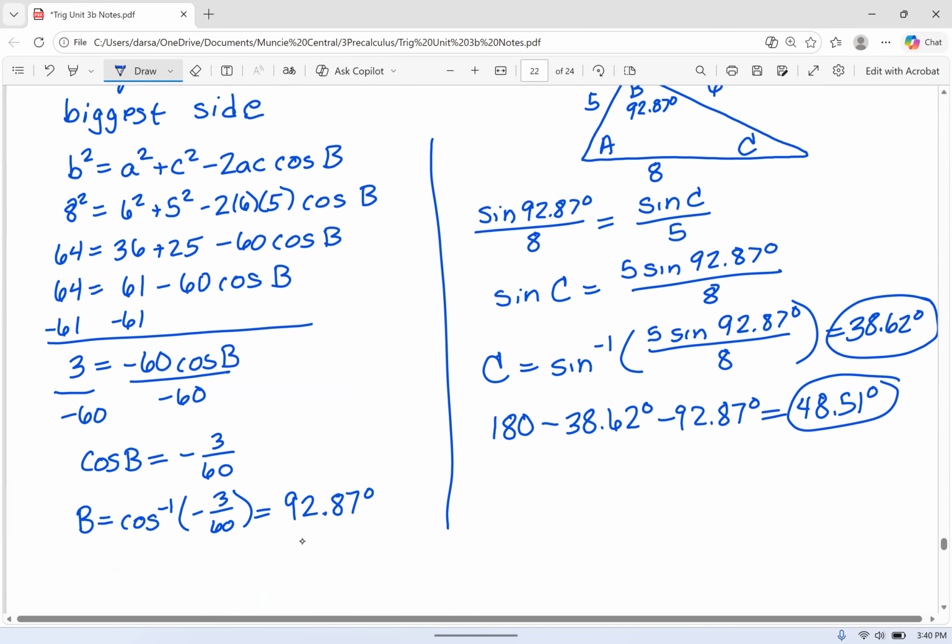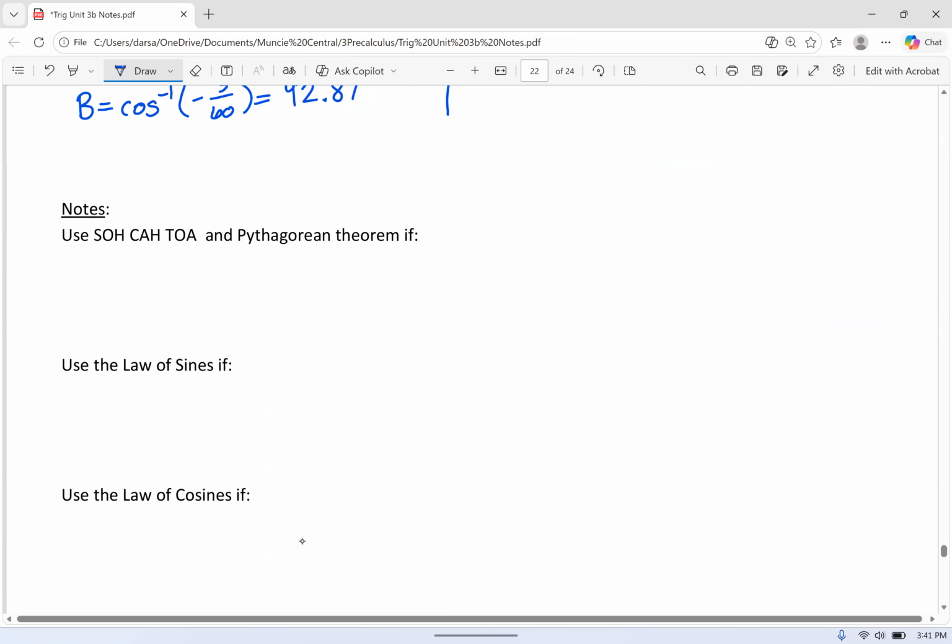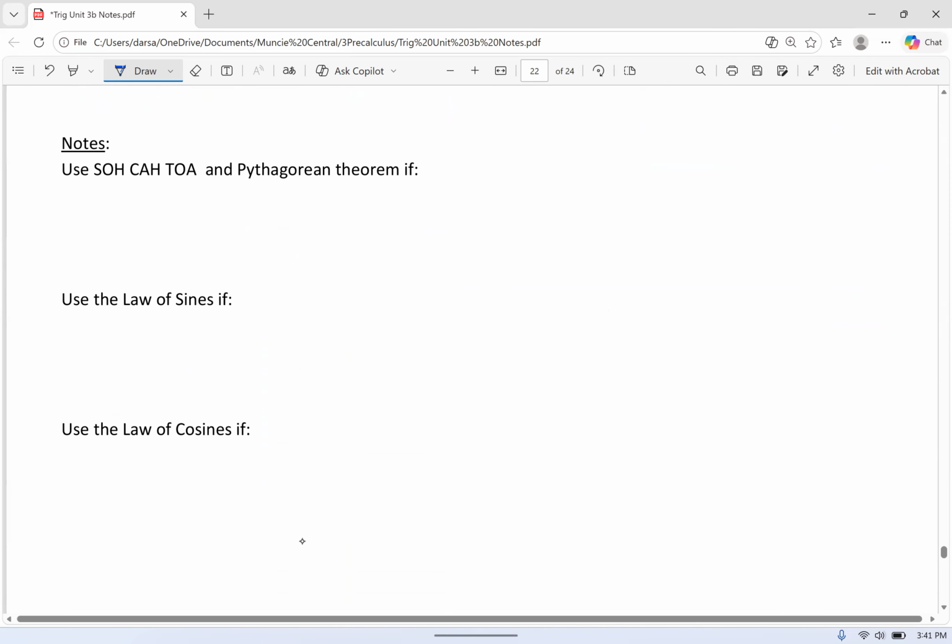Okay, last thing we need to do is, when you get to a test or you're just trying to figure out a triangle in the real world, they're not going to say, use the law of sines on this one. It's not going to work. So how do I know when I can use SOHCAHTOA and Pythagorean theorem versus when I'm going to use law of sines versus when I'm stuck using the biggest, ugliest, most difficult one, which is the law of cosines? So just remember, what do we have to use Pythagorean theorem or SOHCAHTOA? We must have a right triangle,